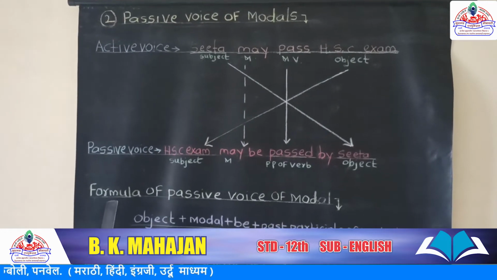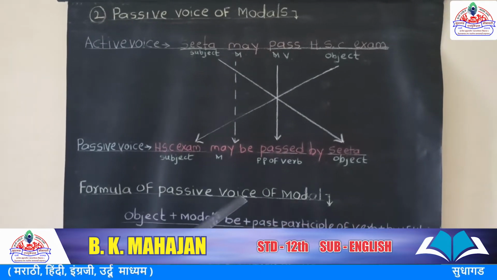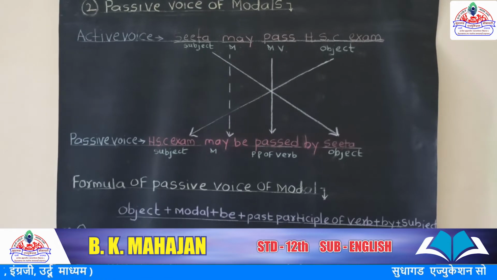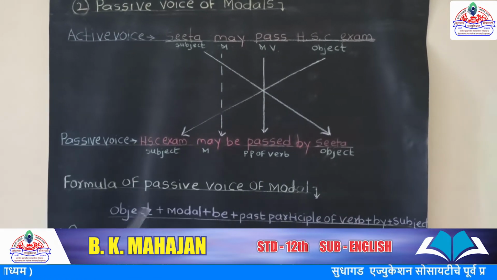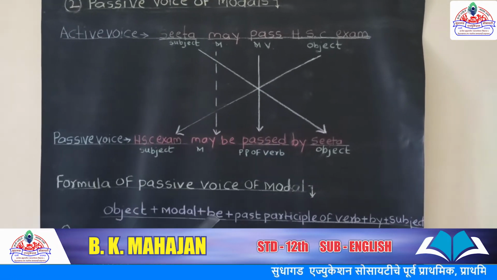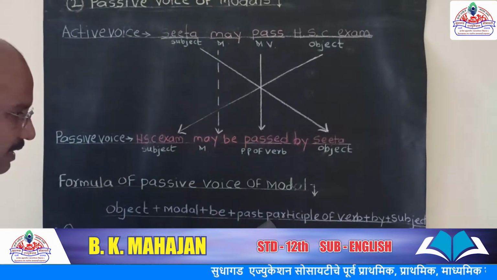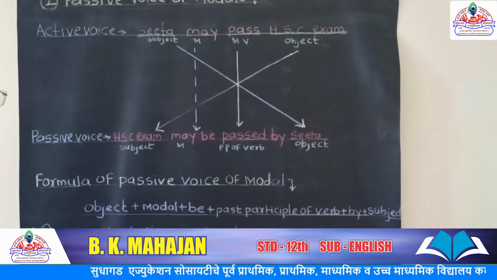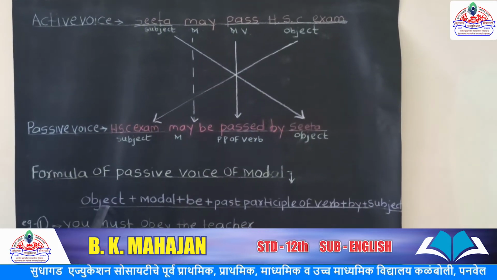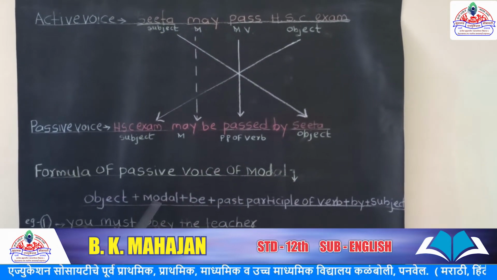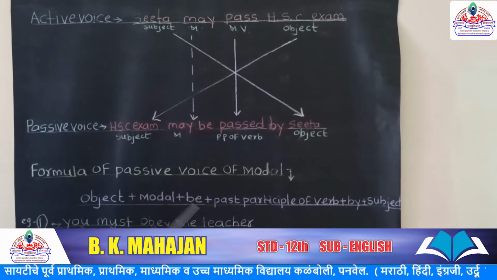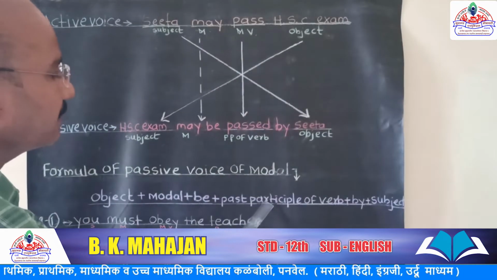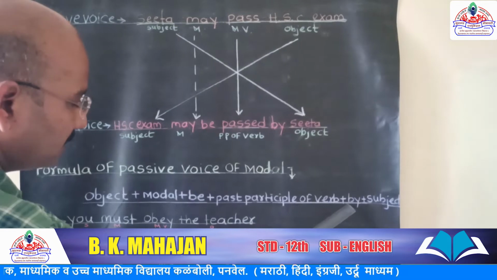Therefore, the formula of passive voice of modal is object plus modal plus be plus past participle of verb plus by plus subject. म्हणजे कर्म आधी घ्या, त्यानंतर आपण मॉडेल घेतो, मॉडेल नंतर बी, त्यानंतर क्रियापदाचे तिसरे रूप, त्यानंतर बाय